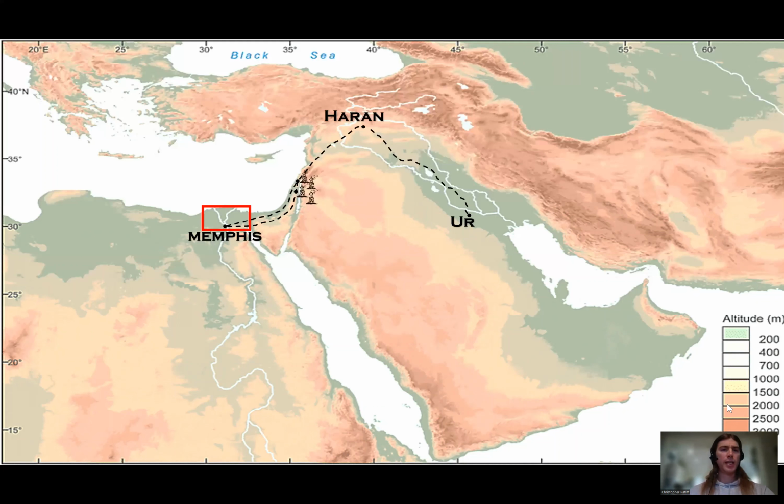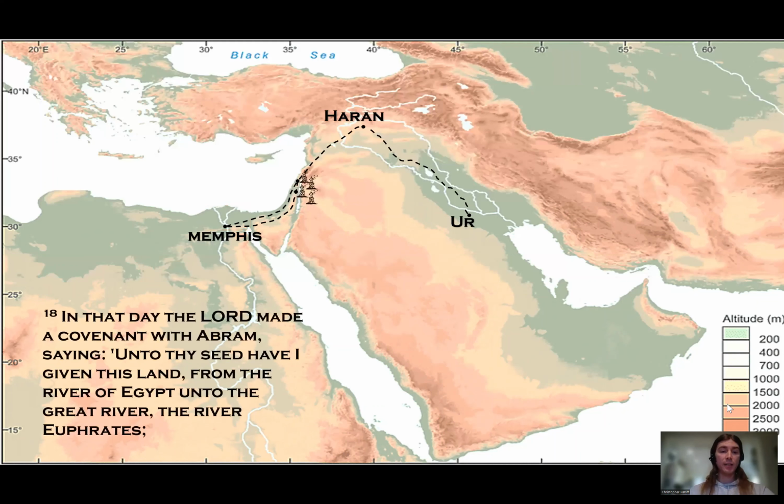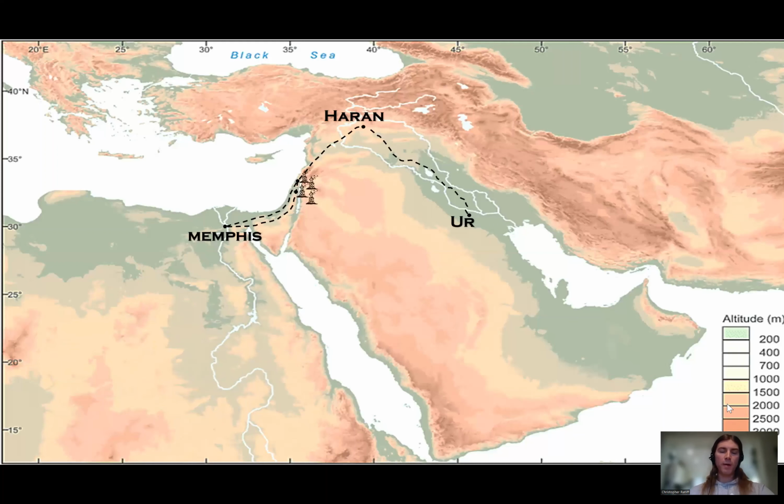But he tells him, you need to know for sure that your people are going to be slaves in a land that's not theirs. Then he says, but in that day, the Lord made a covenant with Abram, saying, but unto your seed have I given this land, from the river of Egypt unto the great river, the river Euphrates. So remember that